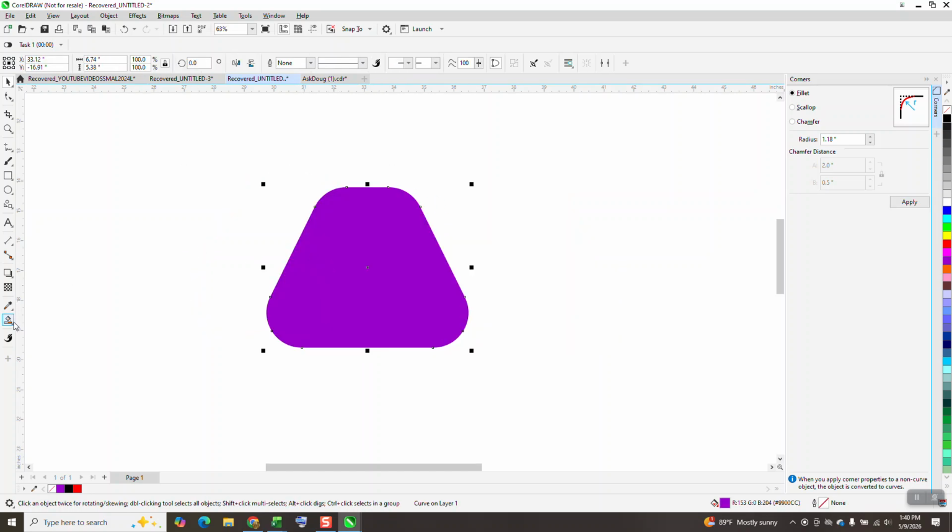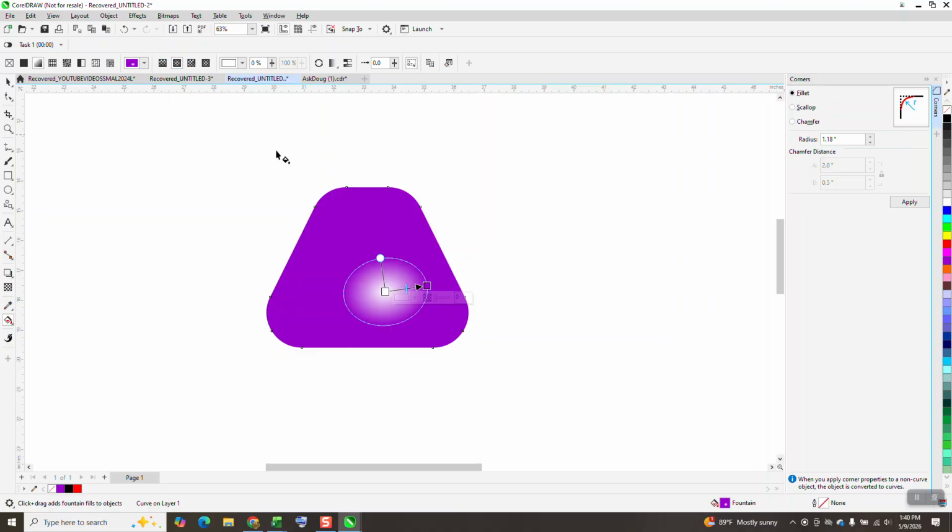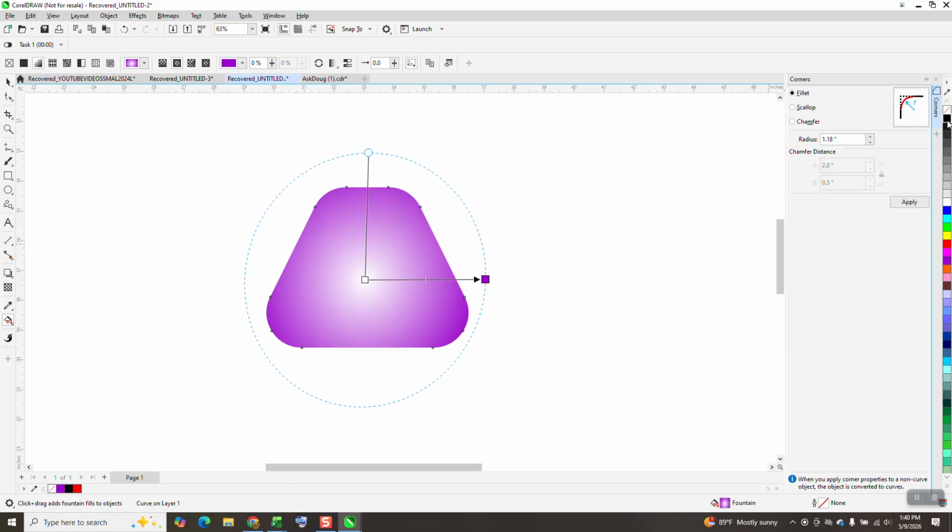And I'm going to take my interactive fill tool and I'm going to swipe across. Then I'm going to go to elliptical and I'm going to put that in the center, kind of bring these out. This one will make it equal. This one will make it more like a circle. I really think I don't need to add any black, but I'm going to go ahead and add some black here. And then I'll bring that purple right here. I'm trying to get it to look like those corners are kind of in the abyss